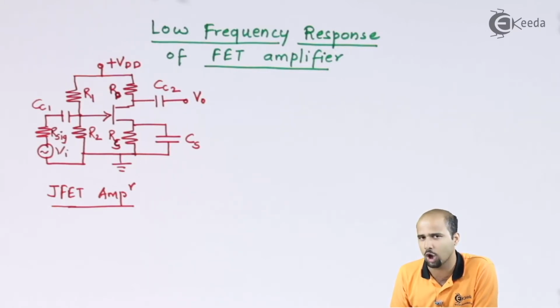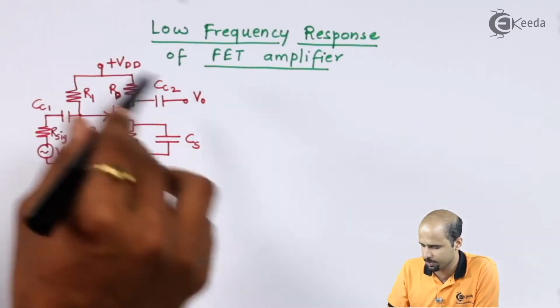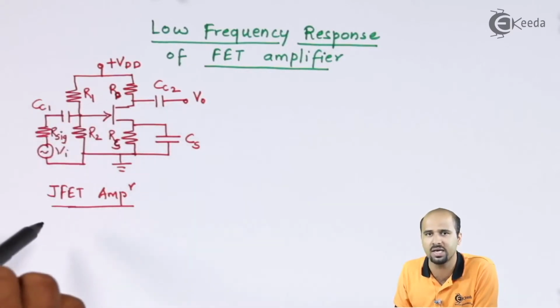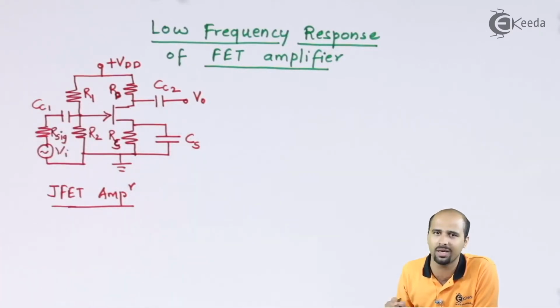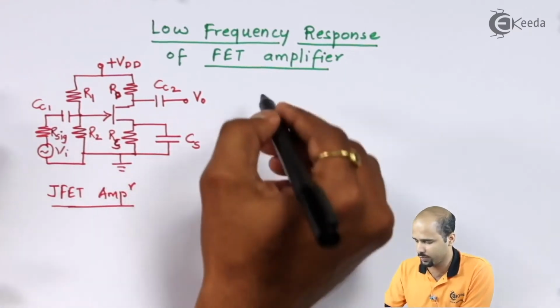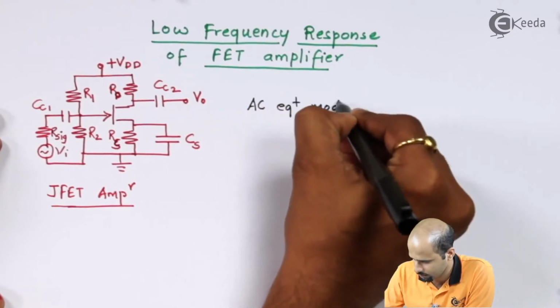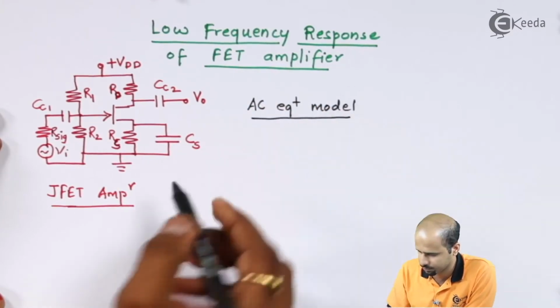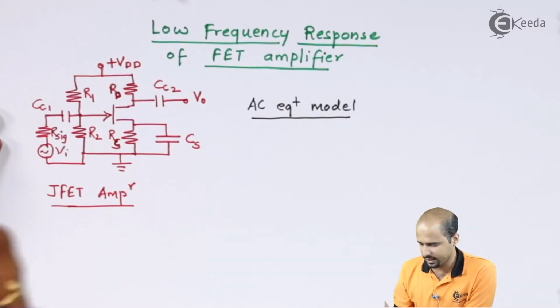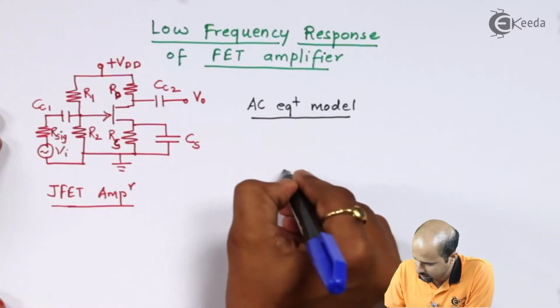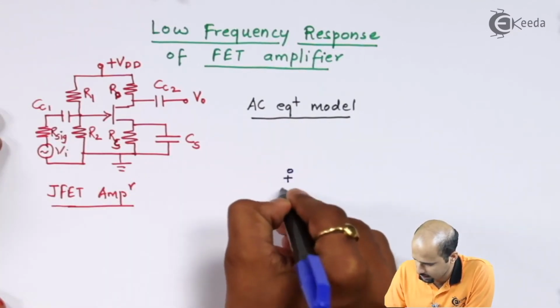First of all, we'll have to draw the AC equivalent model for this FET amplifier. As this symbol represents, it's a JFET amplifier, but nevertheless we can use MOSFET, D-MOSFET, E-MOSFET as well. Still we'll get the same AC equivalent model. So we'll draw the AC equivalent model first. Considering that in a JFET we have infinite input resistance, we will get the VGS here,